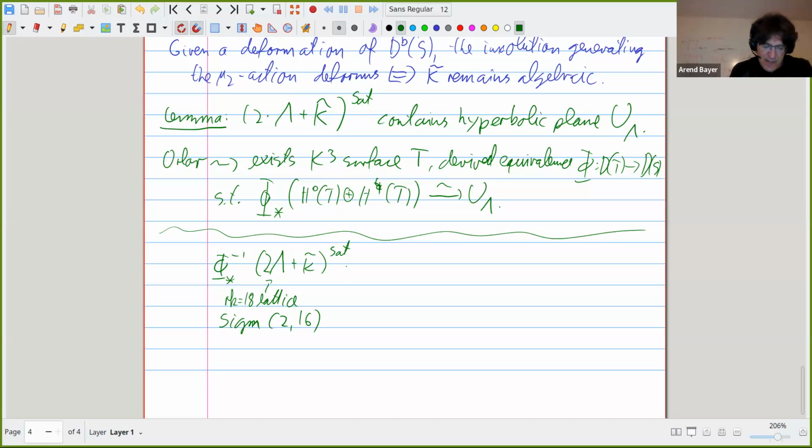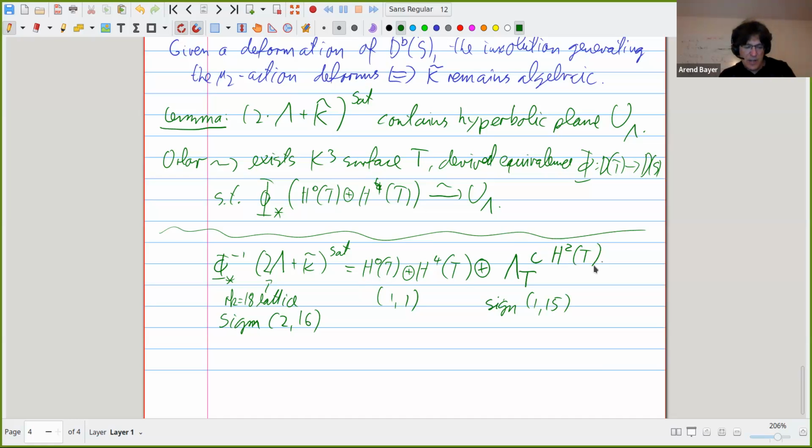And so if I look at the pre-image, this contains H0 of T direct sum H4 of T. So this part has signature 1,1, and so the orthogonal complement always splits off as a direct sum when you take a hyperbolic plane. And so the orthogonal complement, let's call this lambda T, must have signature 1,15. And this lambda T is purely contained in H2 of T. And again, it's algebraic classes because 2 lambda and K twiddle were algebraic classes on S. And the cohomological transform associated to the Fourier-Mukai transform